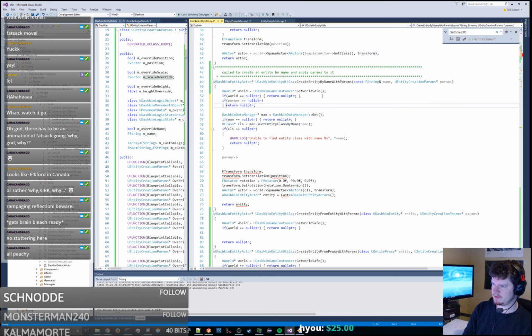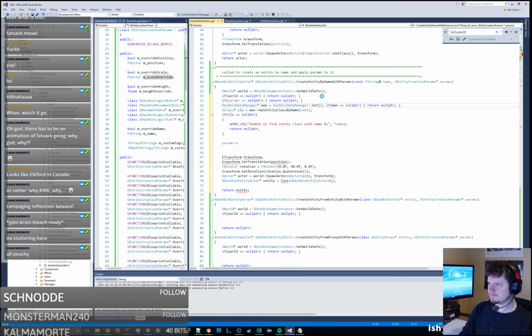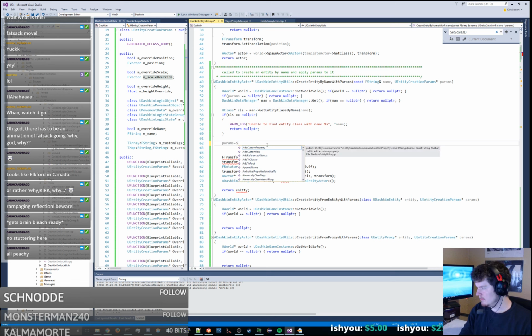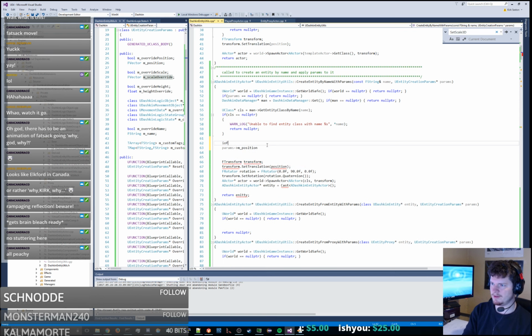We're going to use our completely super hack notation for one line if statements because we can. Yeah, this is just trash. This right here is absolute garbage. You would never want to do this ever. But we're going to do it because I really don't care. So let's see, this is the position. So if params override position,